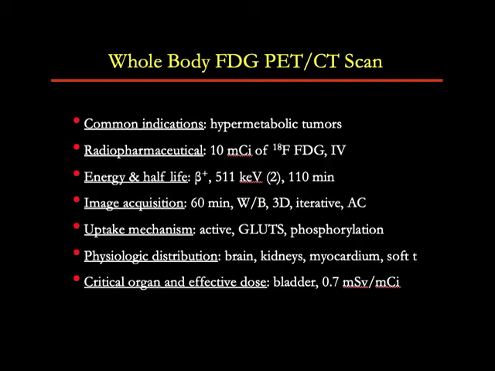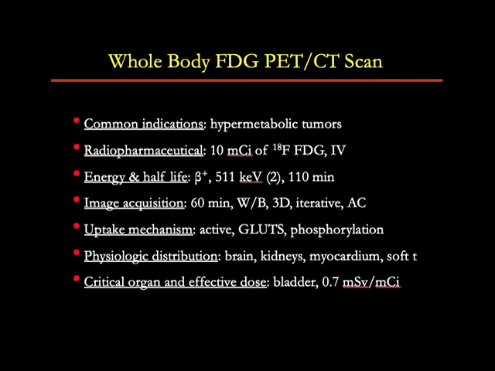When these photons are detected by detectors that are 180 degrees apart inside the scanner within a very narrow time window of 9 to 12 nanoseconds, they are recorded as a single event, and such events are collected over a period of 3 to 5 minutes per bed position to create an image. And for a typical patient, we need 5 to 7 bed positions to acquire the entire scan from base of skull to mid thighs. The mechanism of uptake is active transport of F18 FDG into the cells by glucose transporter